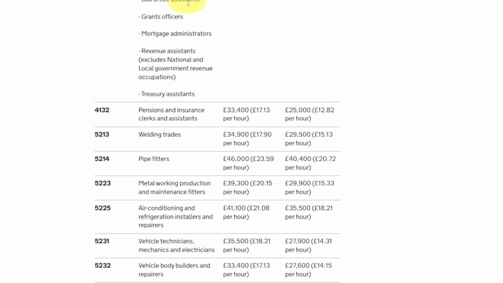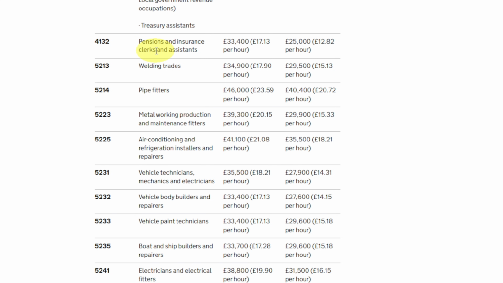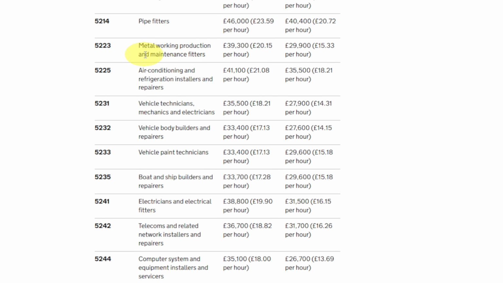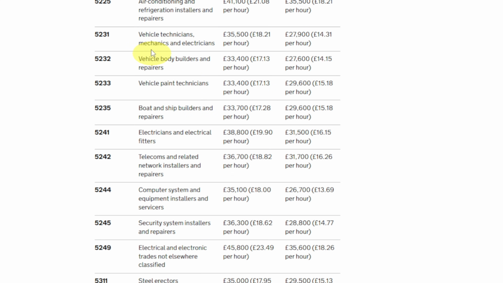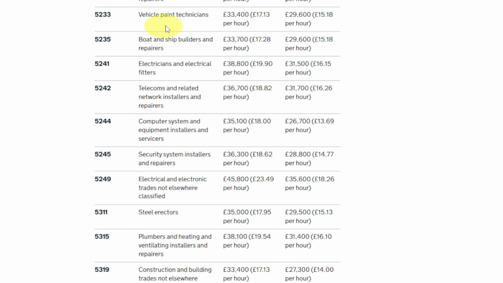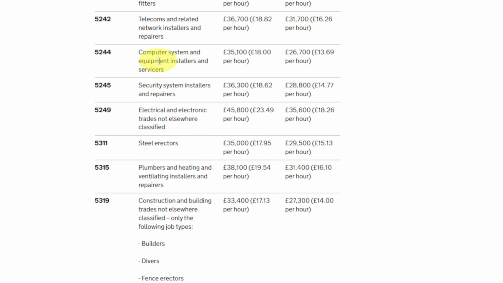For example, box office assistant, grant officers, mortgage administrators, pension and insurance clerk assistants, welding trade, pipe fitters, metal working production and maintenance fitters, air conditioning, refrigeration installers, vehicle technicians, vehicle bodybuilder and repairer, vehicle paint technicians, boat and shipbuilding repairers, electrical electronics fitters, telecom related network installers and repairers, computer system and equipment installers and services, security system installers